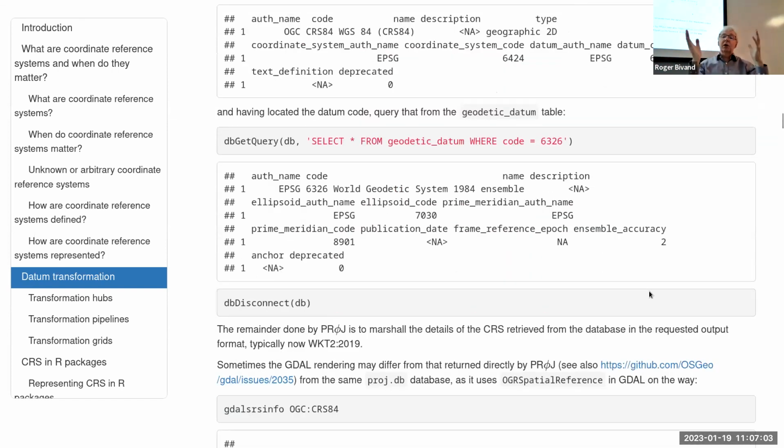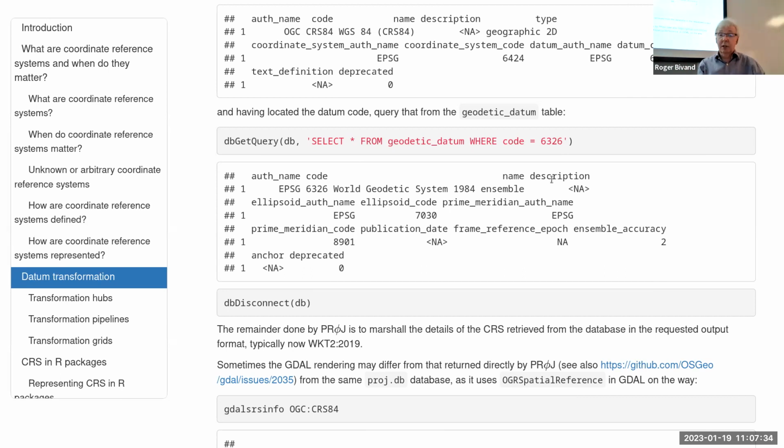So we can then go into, from selecting from the geodatum table where the code is the one we could see here. So copying that. So that's all that's going on. It's a big-ish 6 megabytes, so it's not big, and this database gets updated for each release of Proj. The database gets updated, and you can access the database from any